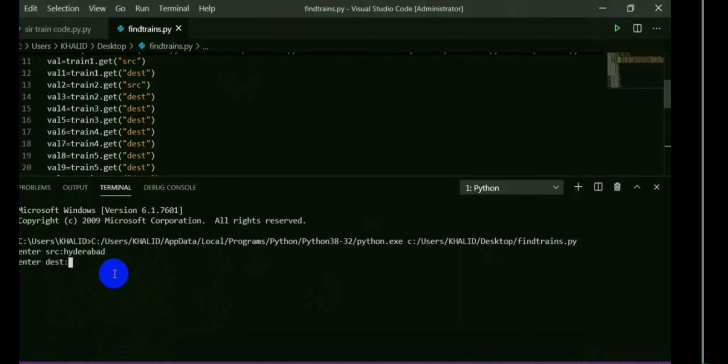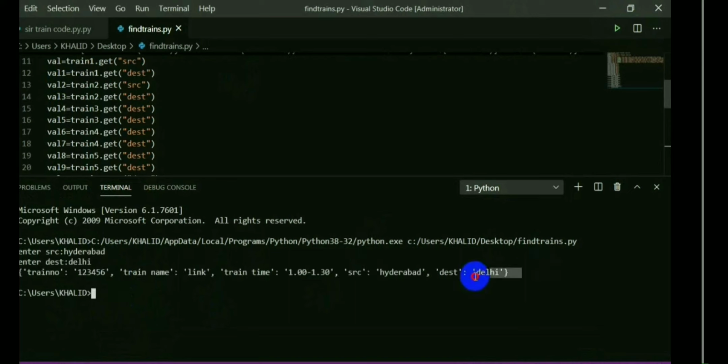Now if you run it, it asks you to type your source and destination. Immediately after typing them, the train details print on your screen.